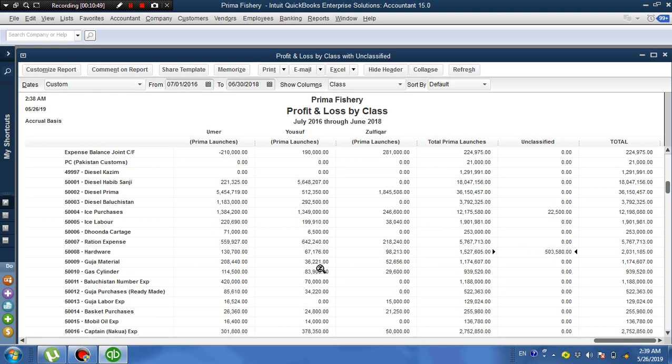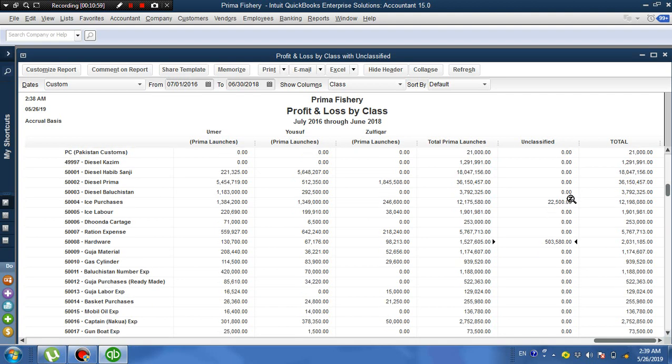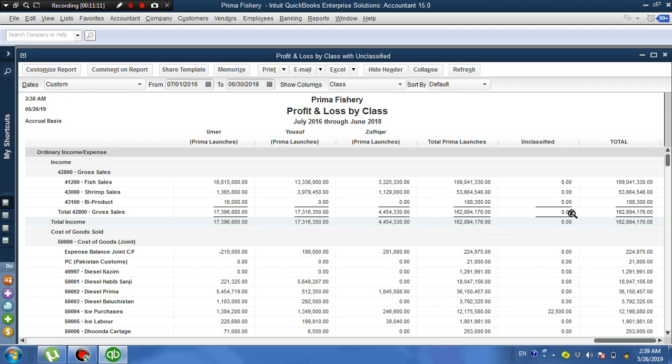Look at this. What is this? These are some expenses which are not booked with a class. But to understand the unclassified, we are clear that if we do not allot a class or job, QuickBooks will automatically accumulate those expenses or such kind of sales to this unclassified. So we are clear with unclassified,